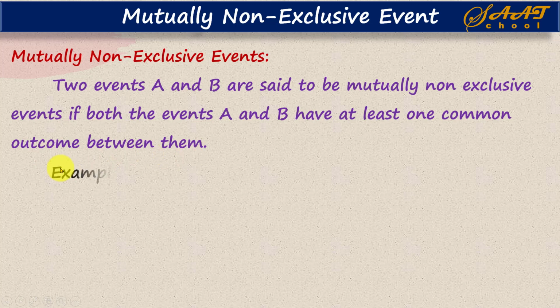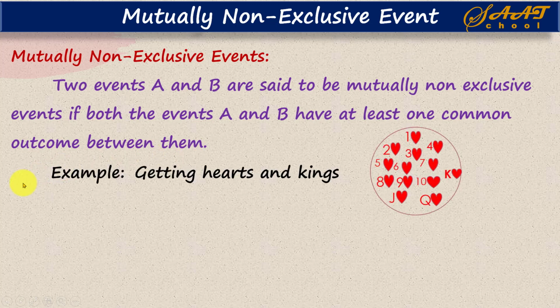Just for example, in a deck of cards, as we have seen earlier, there are 13 hearts. There are also 13 spades, 13 clubs and 13 diamonds. Now we know there are 4 kings in a deck of cards. So there are 13 hearts in a deck of cards, and 4 kings in a deck of cards. Now getting a heart and getting a king, these are two